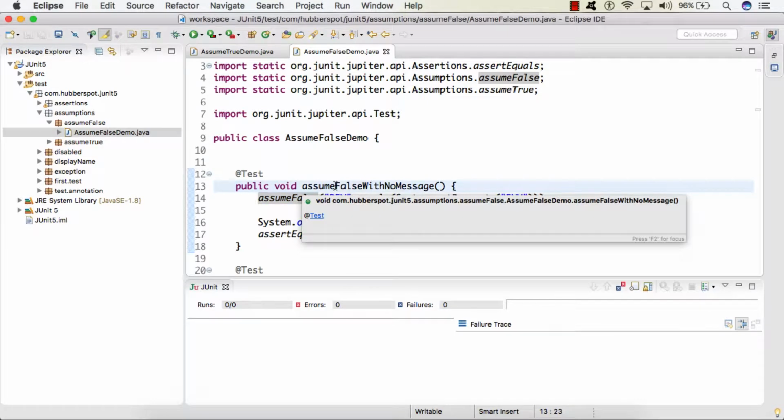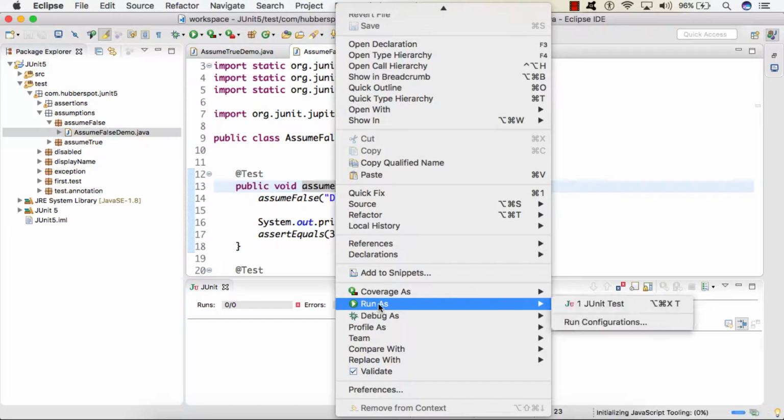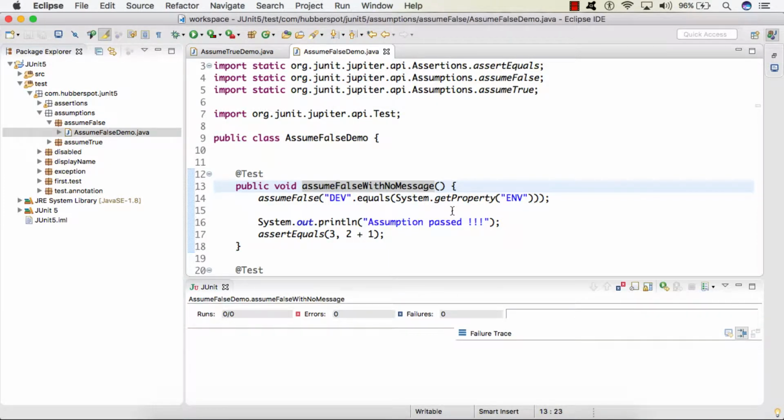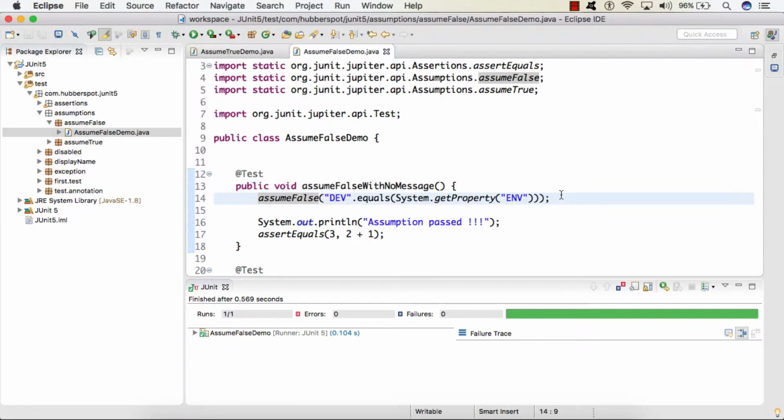So if I run this test case now, friends, here you can see that our assumption was satisfied because there is no system property by name env having a value dev.